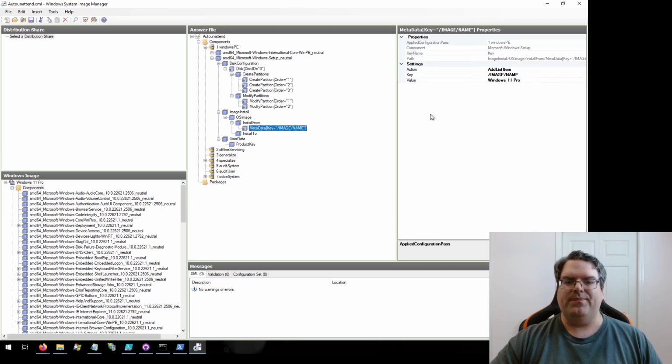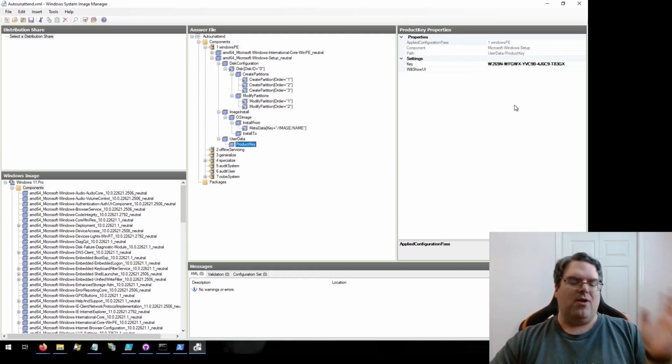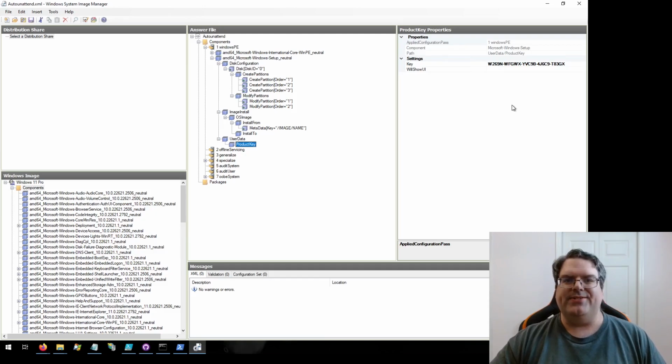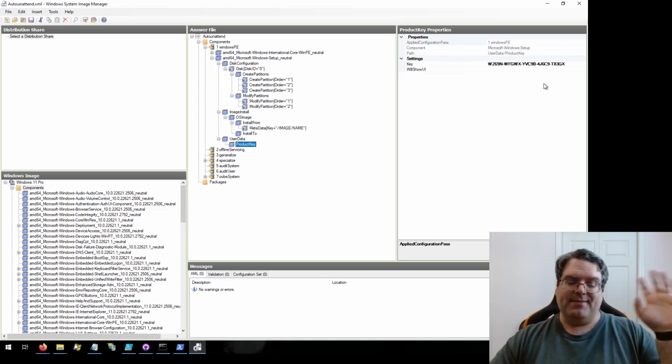But a funny thing about this is, even though you've specified the name of the image here in install from, Windows 10 and Windows 11 are finicky about this. They won't actually install that version unless you give them a licensing key. Otherwise, it'll prompt for a license key every single time. So in this case, I'm feeding it one of these generic volume license keys just to indicate, yes, I want Windows 11 Pro, take the generic key and get out of my face,